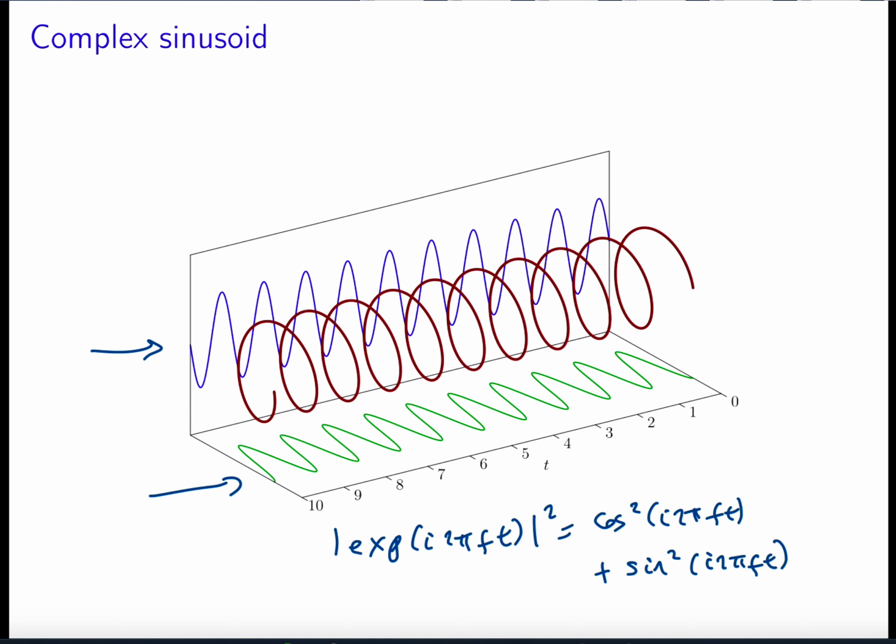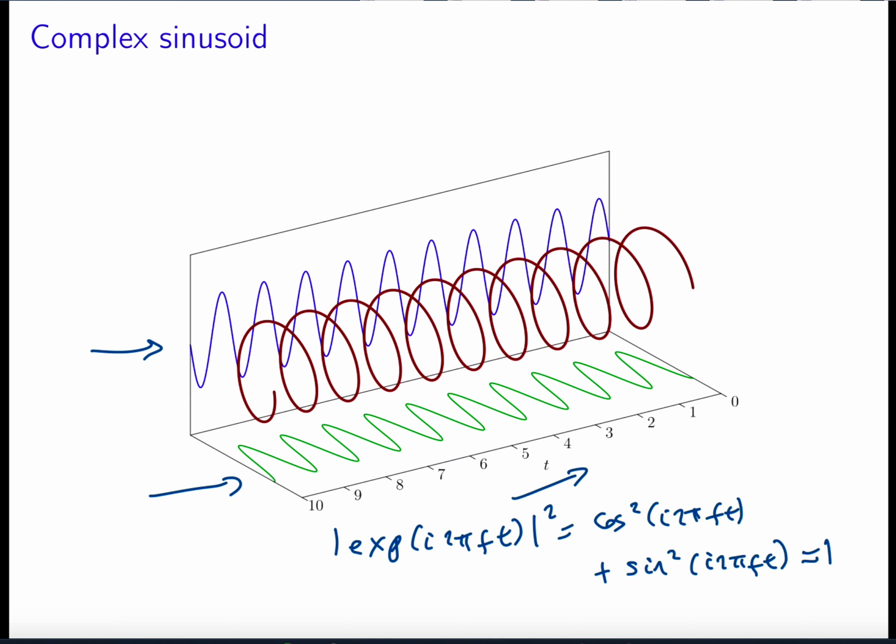But if you remember the basic properties of cosines and sines, the square of the cosine plus the square of the sine is always equal to 1. So this is why you see the value of the complex sinusoid just rotating on the complex plane across time